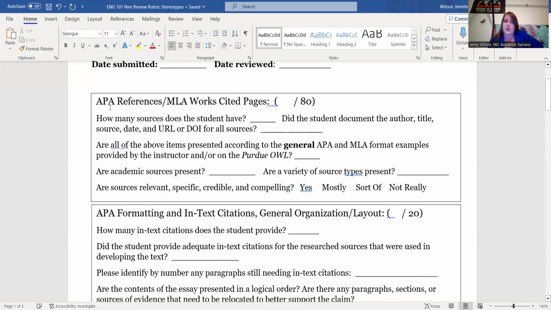So again, I start with this box and I do it for a reason. I'm hoping I can help you think through the process that other professors may use when they grade your work. So how many sources does the student have? Did they document these things? Always check the Purdue Owl. They keep up to date information. I love the Purdue Owl, and I think that moving forward from this class, it's a resource you can use, put out by Purdue University for free, that can help you, whether it's an APA style paper or an MLA style paper, put together the most current, right?